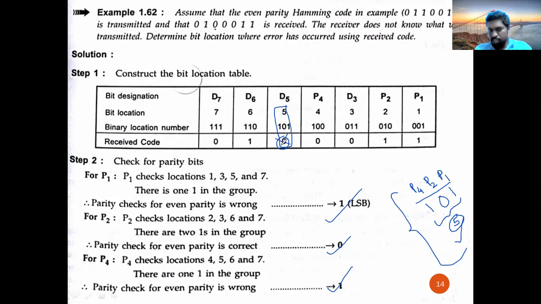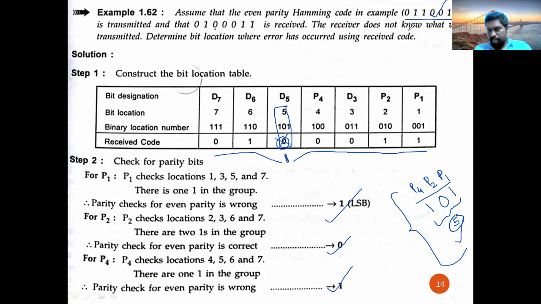Then what should be the original one? 1. In the binary number system, we have only two digits, 0 and 1. I am saying 0 is the mistake. Then what is the correct one? 1. So 0 is erased and replaced with 1. So the answer is 0, 1, 1, 0, 0, 1, 1. See, the same we got here.